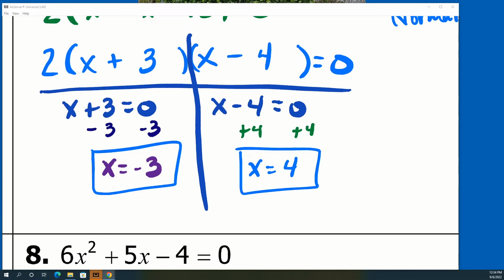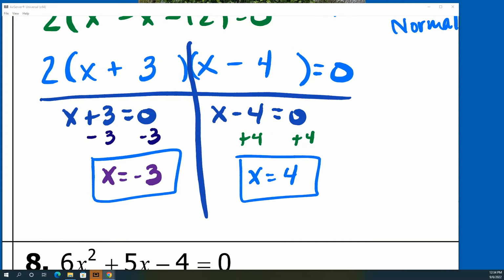And then this last one is the last type of factoring that we haven't done yet. So slide divide bottoms up. And I know that that is the case